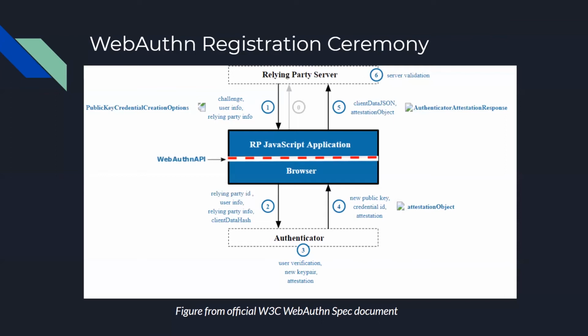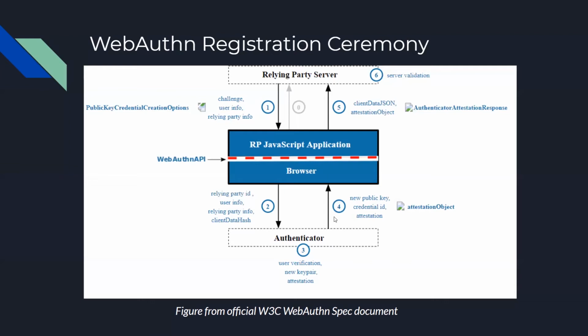The server can request this in the form of user verification. So if the user verification flag is set to true, then the client, or the person who is executing the ceremony, will have to enter a PIN or a biometric login like a thumbprint. Or in the case of Apple, even Touch ID is a valid supported user verification endpoint. So the authenticator generates this key pair and returns this data back to the client.